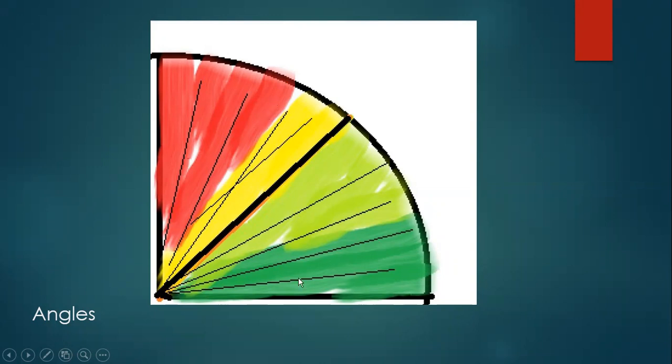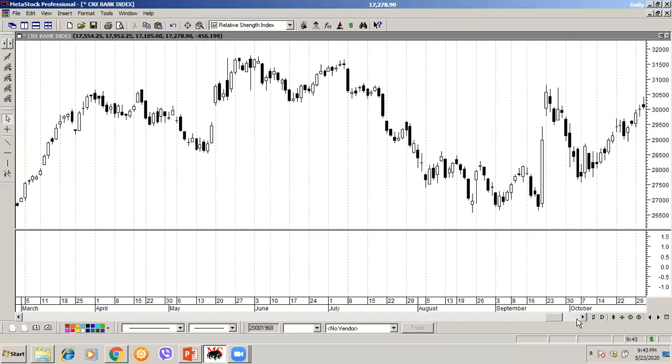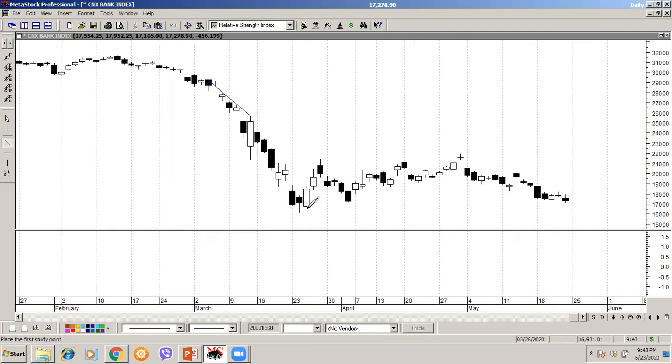But below 45 degrees, the less steep a trend line is, the more solid it is, the more you can use it for trading. So kindly keep this point in mind. Here, if you see this chart, as I said, steep trend lines do not work. So something like this will not work. This is not a trend line. This is massively sharp. Or if you try to say Bank Nifty was going up, and if you try to draw a trend line like this, it doesn't work.